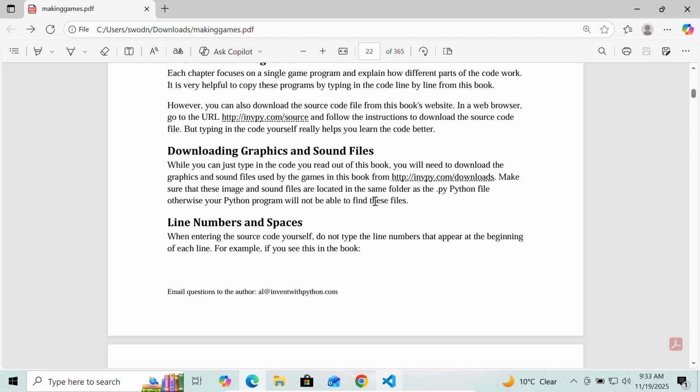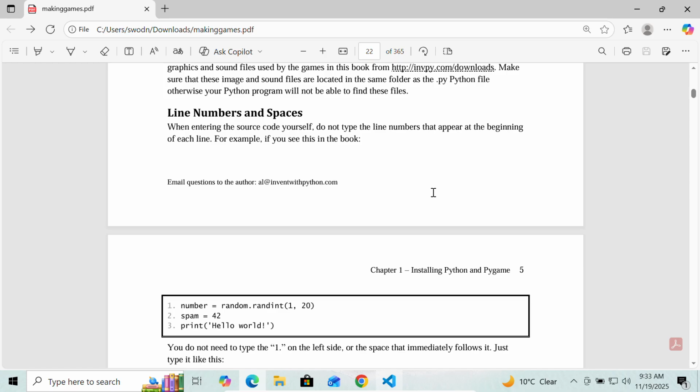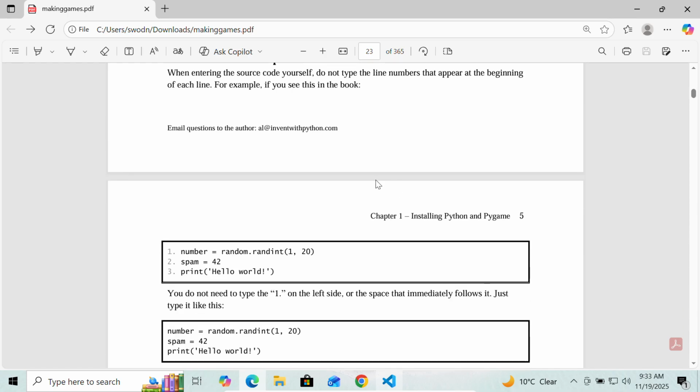We need to remember that we need to make sure that these image and sound files are located in the same folder as the .py Python file. Now I need to figure out which Python file that is. There might be a lot of Python files. Line numbers and spaces. When entering the source code yourself, do not type the line numbers that appear at the beginning of each line. For example, if you see this in a book,